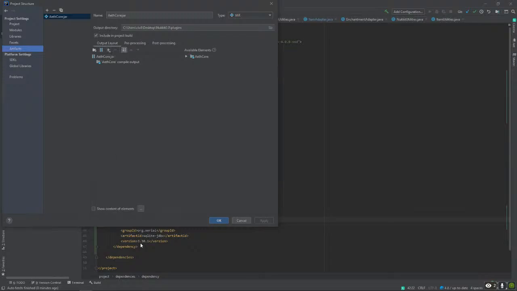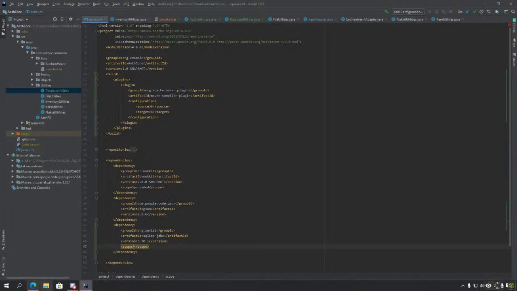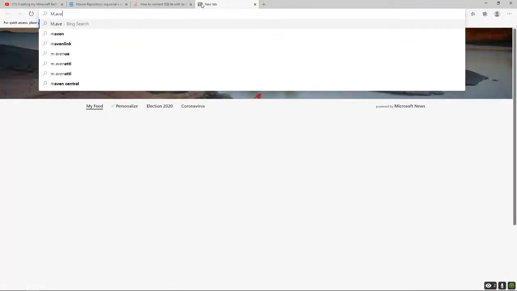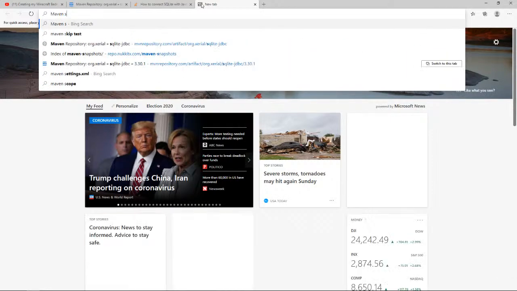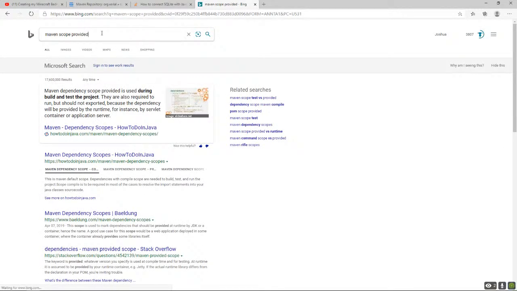I need to add a scope modifier to this. And then, I don't remember the scope, Maven scope provided. Wait, no. Maven dependency scopes.